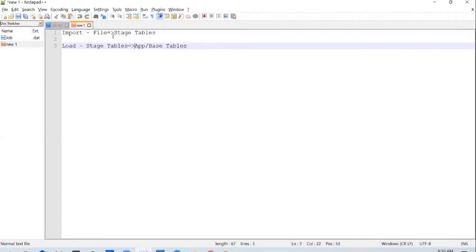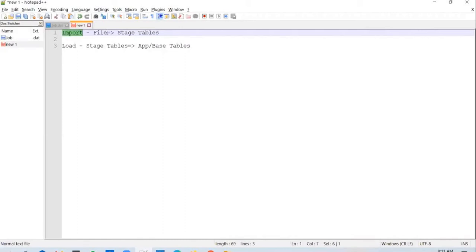Okay. So in case from your EBS experience, if you are an EBS technical consultant, we usually use these terms the other way around, right? We refer to the loader process as dumping the data into stage tables, and import as reading the data from the stage tables or interface tables and inserting it into base tables. But here, the terms are used the other way around in HCM Data Loader.